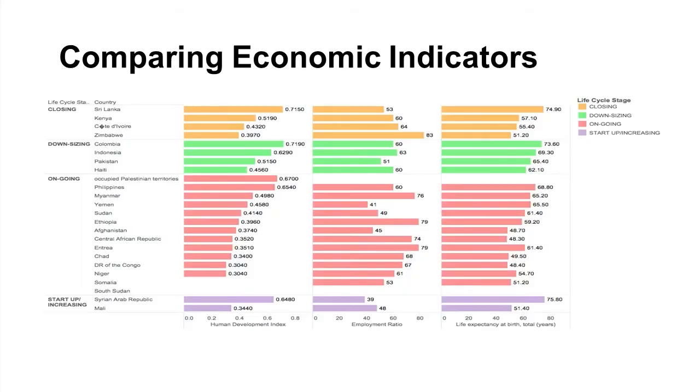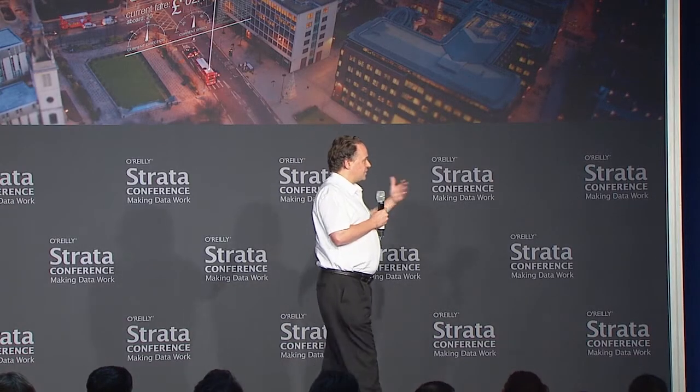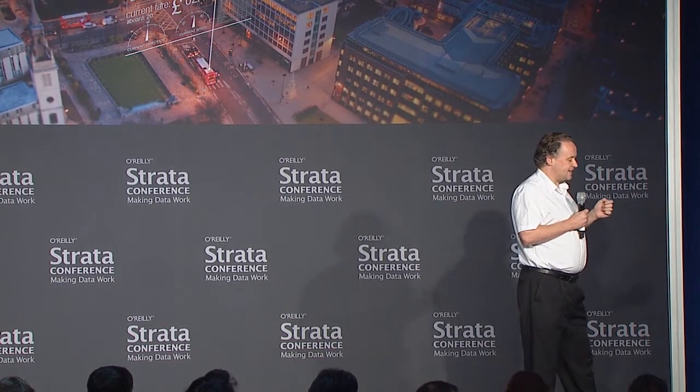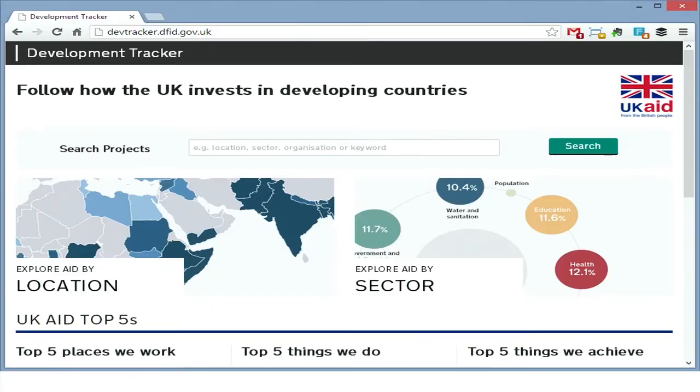My colleagues in the UN have made better use of the data, to be honest. They have missions around the world, and this slide is showing you just a quick knock-up illustration of different economic indicators for those countries that have missions. And actually, in this area of international aid there's a lot going on with open data.